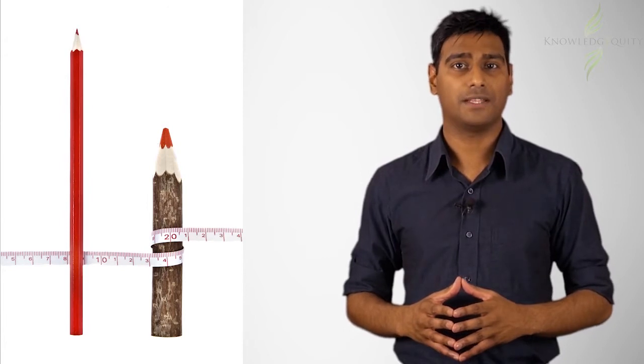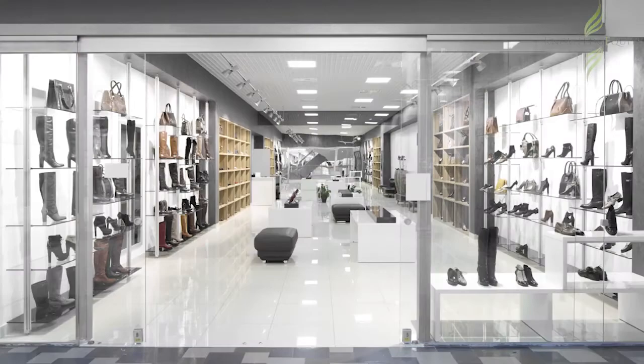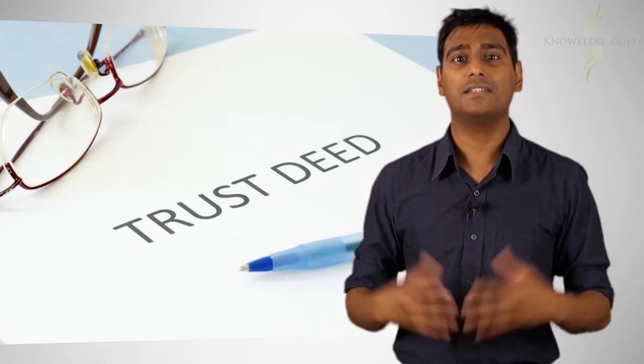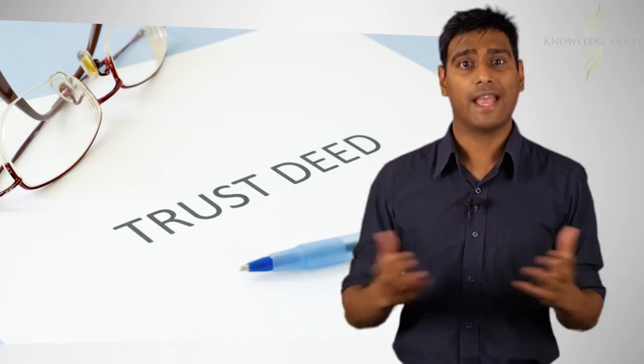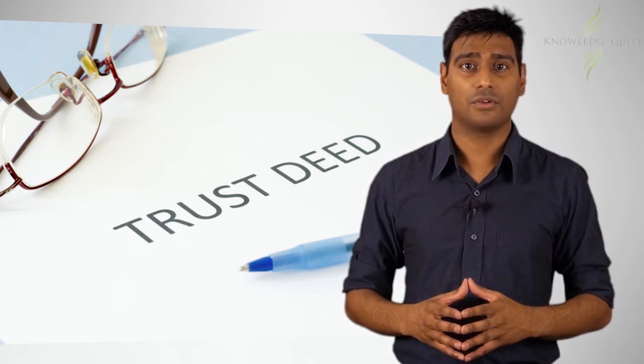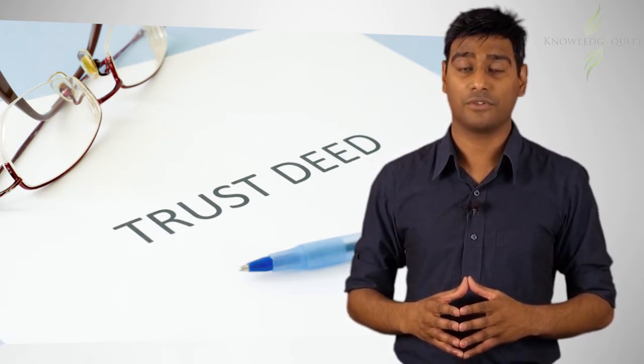Let's see what we mean by this by using an example. Say you're starting up a retail store and you decide to put this into a trust structure so that you can split the profits with other members of your family so as to minimize tax rather than attributing all the profit to yourself. To set up the store as a trust, you seek the advice of a tax accountant who advises you to go with the trust structure to minimize tax and then helps you to set up the trust. Then, through the trust, you lease retail premises, purchase stock, advertise and hire employees, run the store, and distribute the profit to various members of your family.